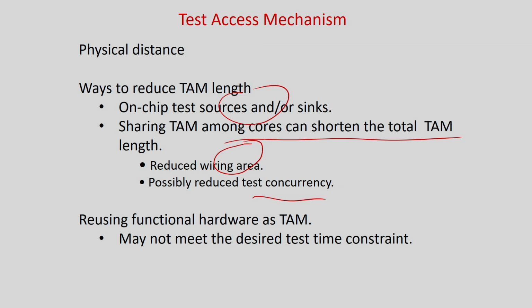So the idea is very simple. TAM is nothing but ways to connect to the different pins of the wrapper for testing the cores. So with more resources, more parallelism, more bit width for the TAMs, your TAM overhead will be higher, but test time will be reduced. If you are using a shared TAM, like a shared bus, or a serial TAM, the problem is that test time will be higher, but your overhead for the TAM is going to be lower.